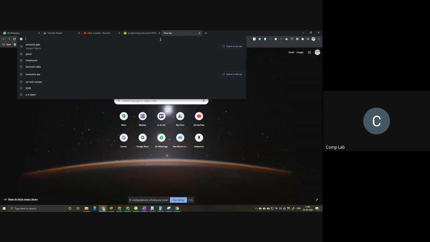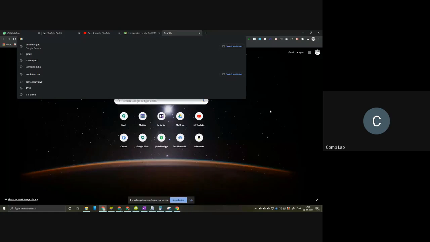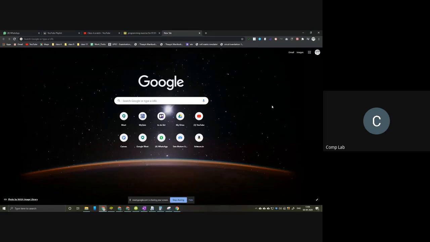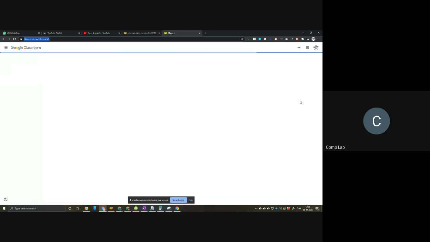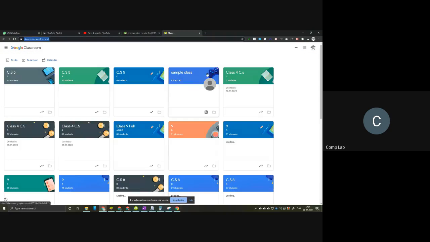Okay, just wait. If you want to see your recordings, or all the material that we post on Google Classroom, just head over to your Google home screen. Once you do that, you will see this Google app drawer. These nine dots are called the Google app drawer. Just click on it and then scroll all the way to the classroom icon right here. Once you click on the classroom icon, you'll see all the classes you're enrolled in. You'll see something like 4A science, 4A maths, and 4A computer science also. Depending upon the section, the section letter will be different.